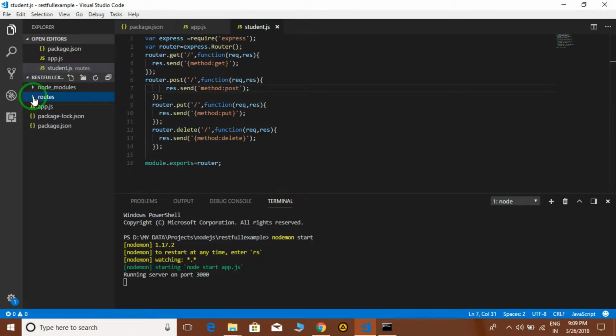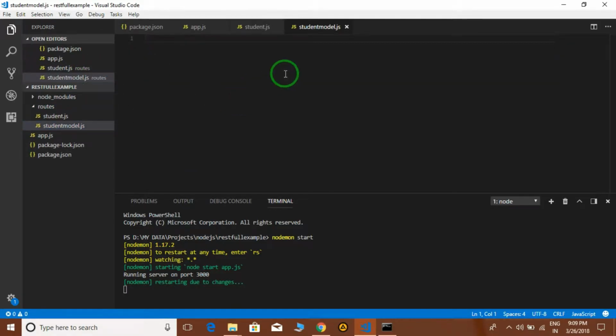For that, I'm creating a new file. The file name is student collection model.js. So we are creating the student model, meaning the collection for students.